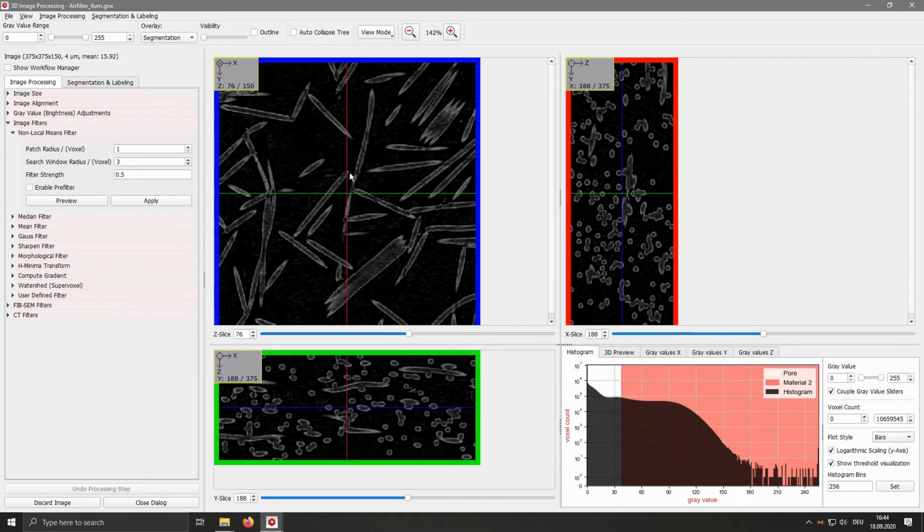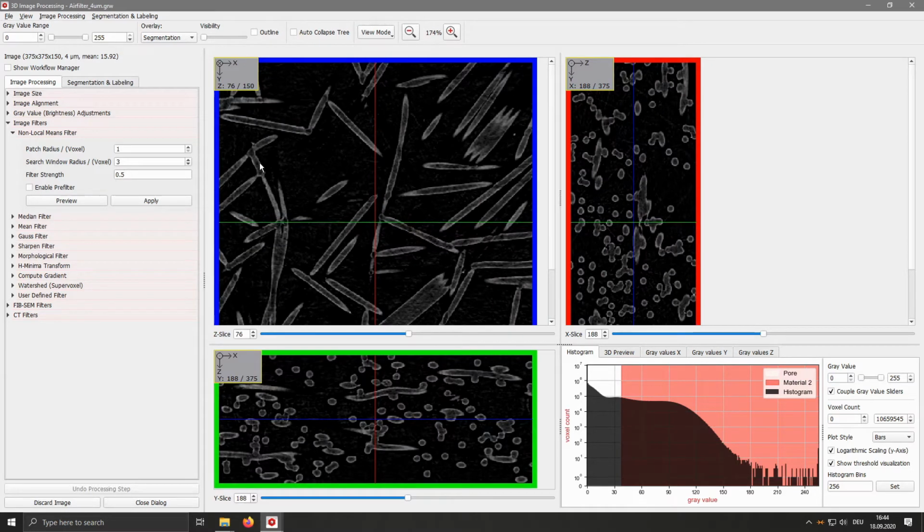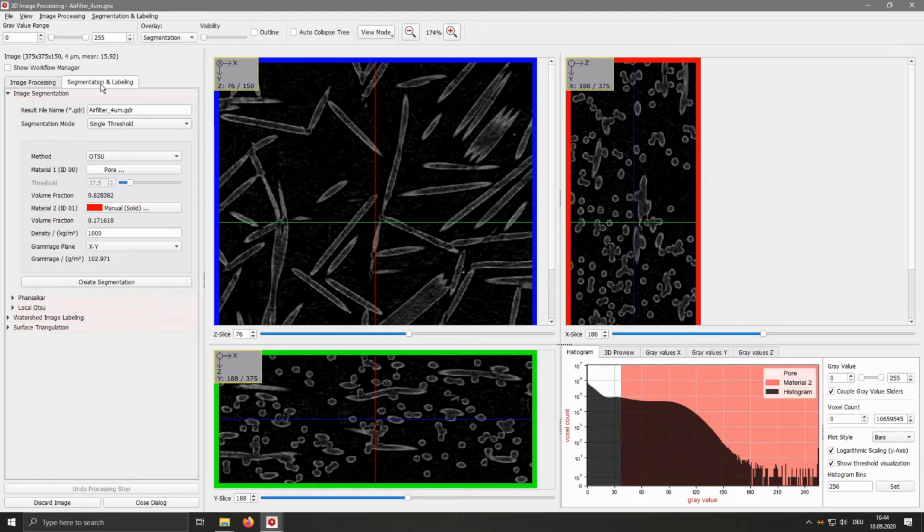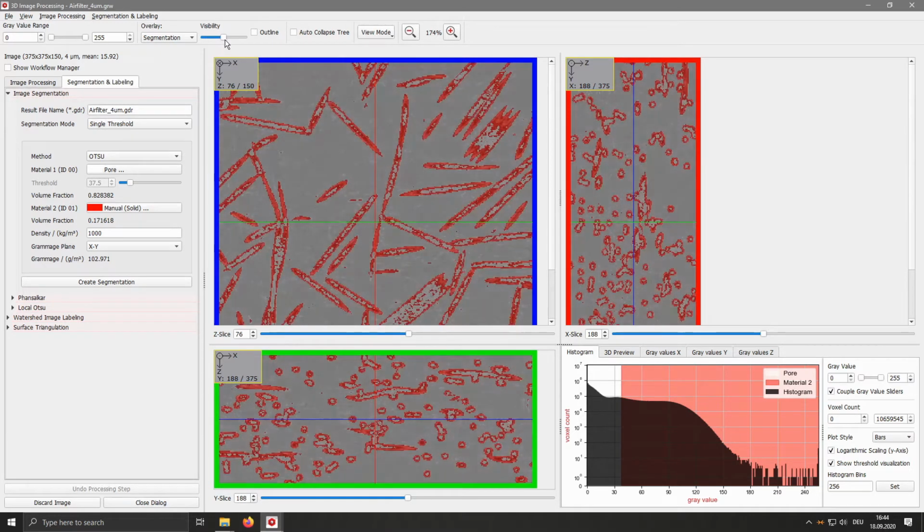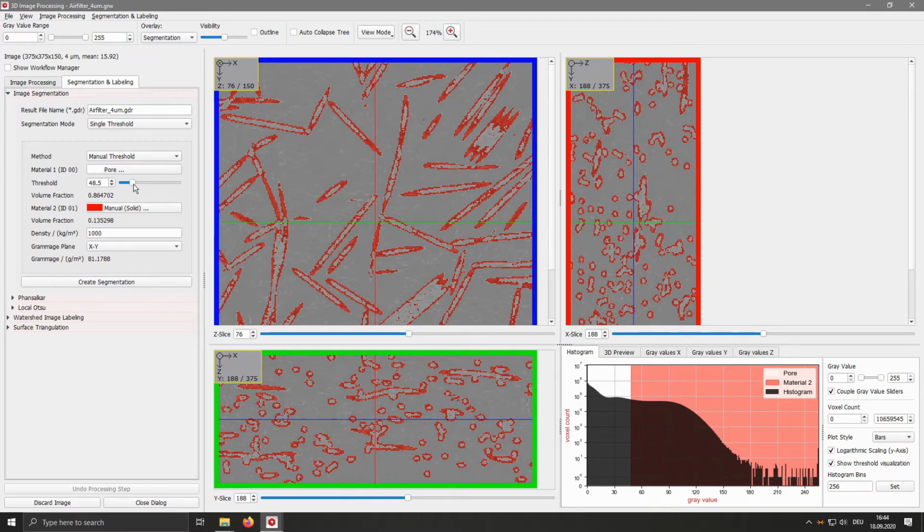Now if we want to segment this image, it is a bit harder, because if we try to use a simple threshold, you can see that we do not get the inner part of the fiber segmented correctly. If I switch to manual threshold and try to increase the threshold, of course it gets worse and the fiber starts falling apart.